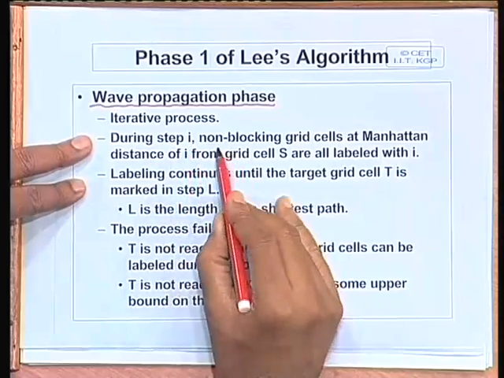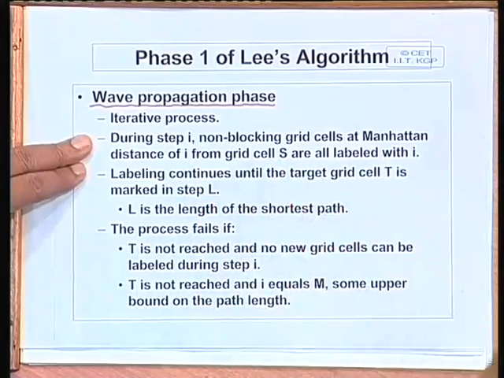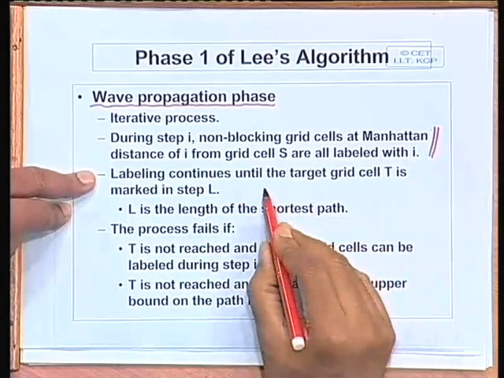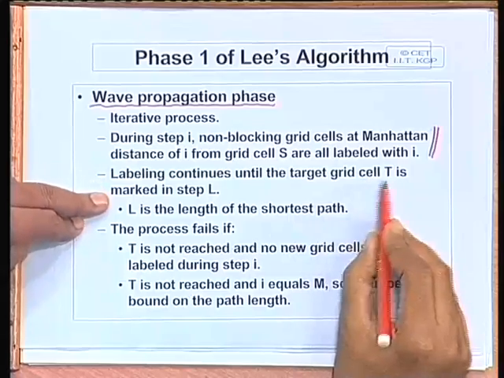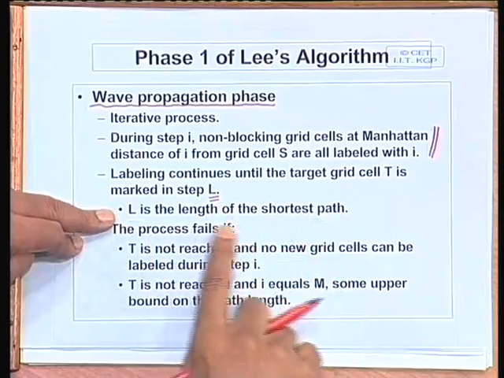During step I, all non-blocking grid cells at a distance of I from the source will be labeled with I. This is how the labeling is carried out. So, all possible cells from the source which are at a distance of I, subject to the obstacles of course, will be labeled with the number I. This labeling will continue until the target cell T is reached, say in step number L. If T is reached in step number L, it means that L is the length of the shortest path,